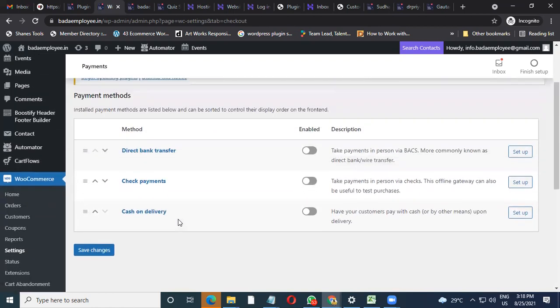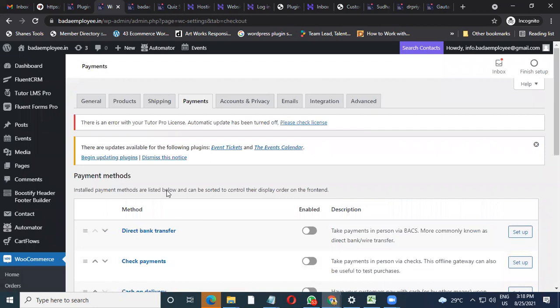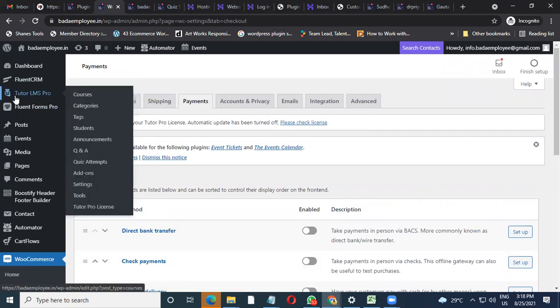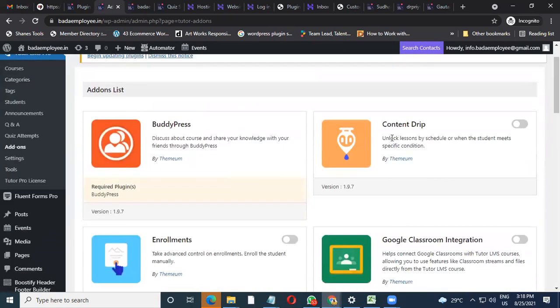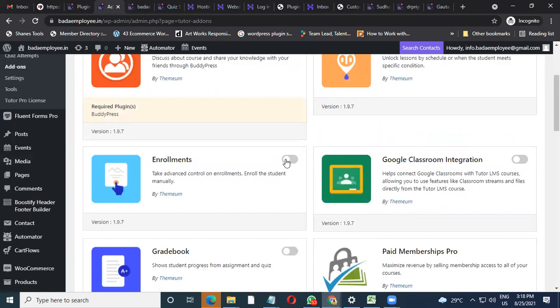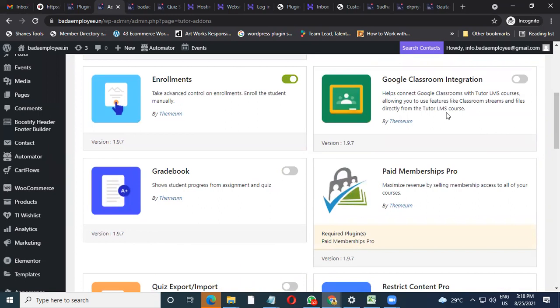Once this is done, we can work on various areas too. So just to cut it short, I would like to let you know, I have integrated a lot of things into the platform. So it is not only Tutor LMS Pro. Tutor LMS Pro also has various add-ons. You can go into add-on, and you would be able to activate whatever you want. So this is content drip, wherein I said, in case you are doing a hackathon or so, you can activate it. In case you are looking out for a backend enrollment, you can activate this. You can also, if you want Google Classroom, you can activate, but it is only for academy and colleges.